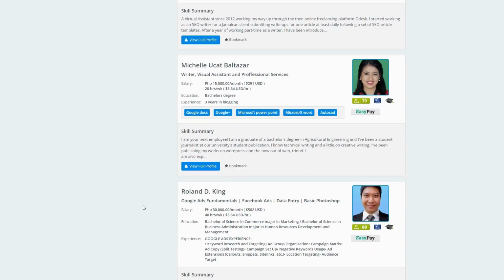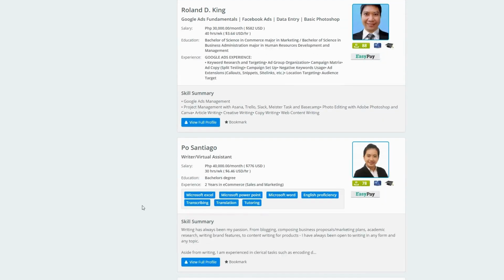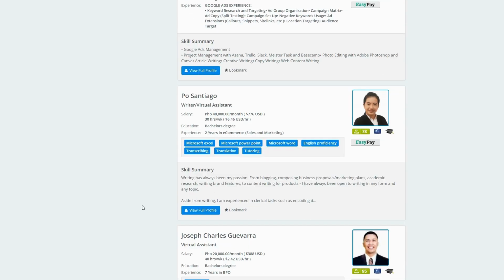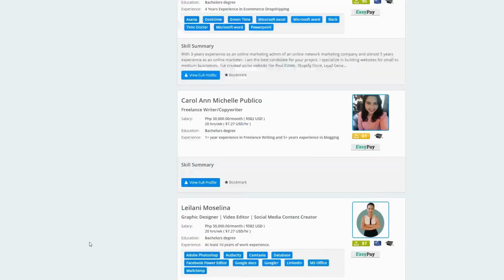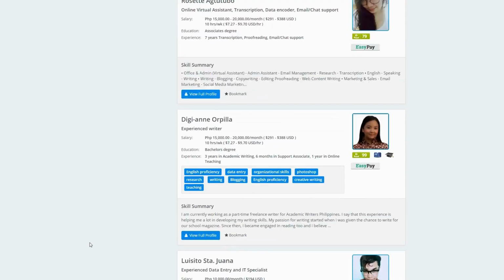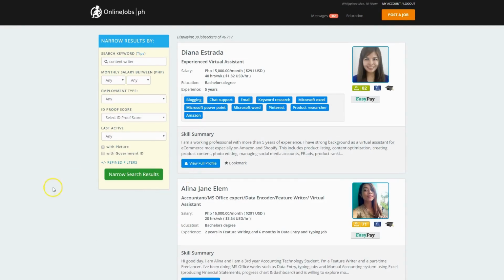You'll notice a lot of these people have 3 or 4 different skills that they've developed working online. And that's another thing to consider as well. How much of a workload can you pass off to your team if you can actually have multiple people handling multiple jobs per person? So this is a great way to search out people who are already qualified for the skills that you have. However, the most common way to approach recruiting on onlinejobs.ph is filling out